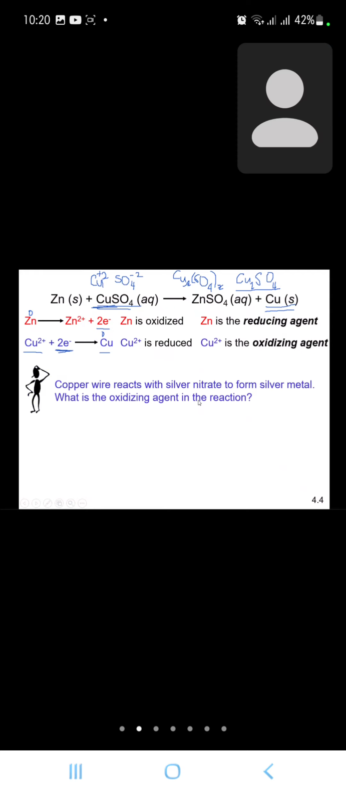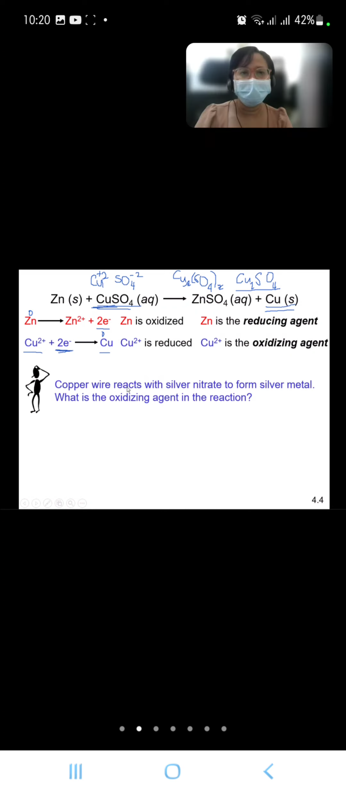Yes, ma'am. Okay. So copper wire reacts with silver nitrate to form silver metal. Copper wire reacts with silver nitrate, then silver metal is formed. So this is the reaction: copper wire reacts with silver nitrate, forming copper nitrate and releasing silver. So silver here is a free element. Okay. Now,